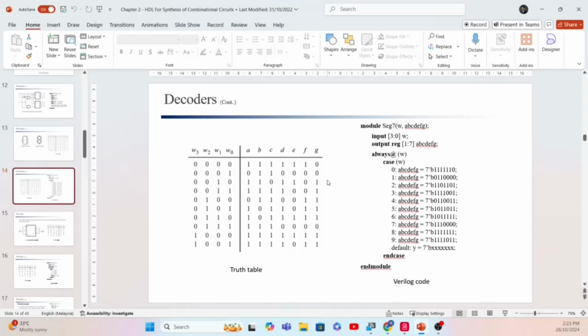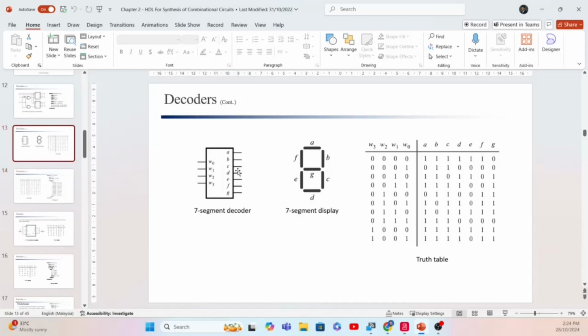Okay, and see how we can get the output in the simulation. Okay, so let's say if we have something like this. Yeah? So let's design a decoder, a 7-segment decoder, where we decode this